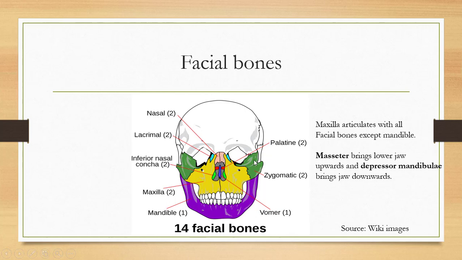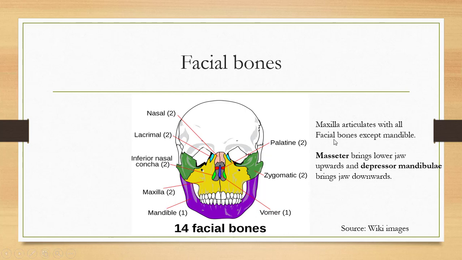And then there is the zygomatic, also referred to as the cheek bones. Then the maxilla, which forms the upper jaw, they are two in number. There is a single mandible, one of the strongest bones inside your face. And then there is the vomer. Vomer is a bridge-like structure that is present in the center of the buccal cavity.